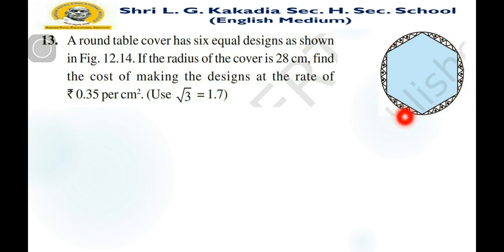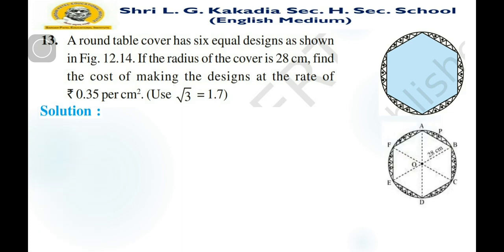If you want to find the value of this segment, we draw a radius and find the area of the sector, and we subtract the area of the triangle, so we can find the area of the segment. So let's find the solution. You can see in the figure there are 6 sectors, A, B, C, D, E, F, and the 6 parts are equal.